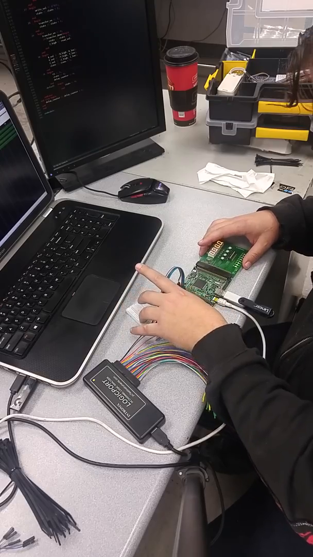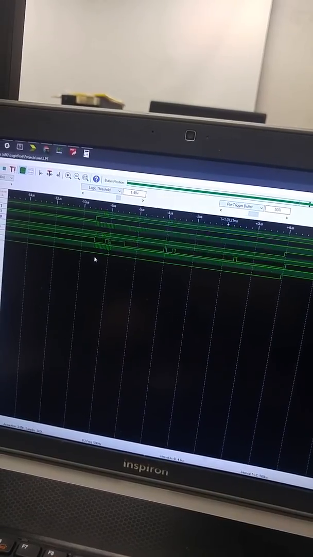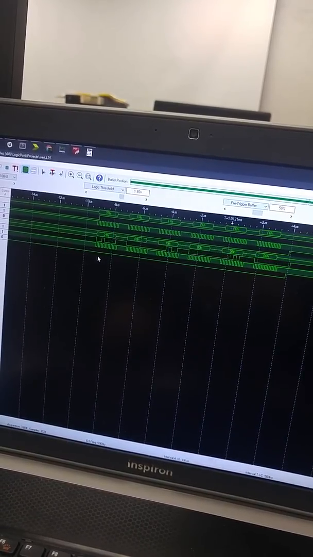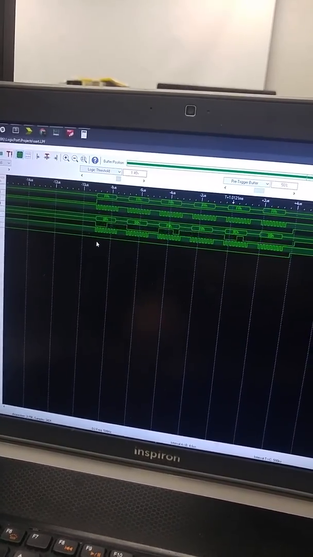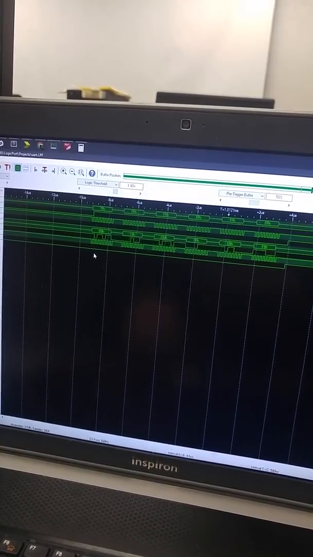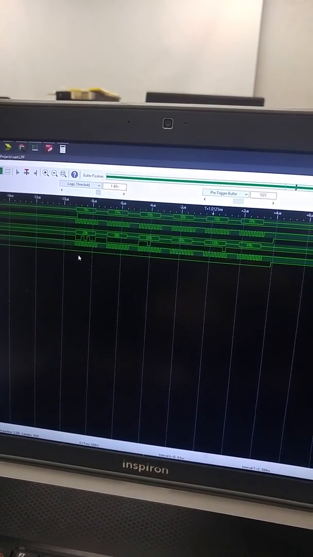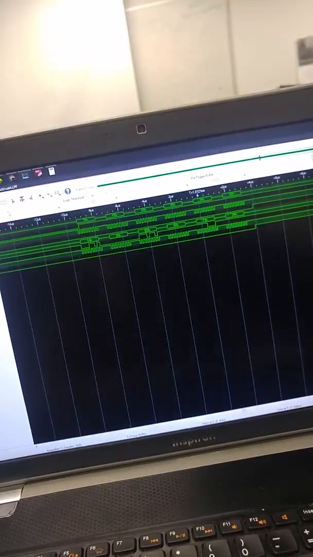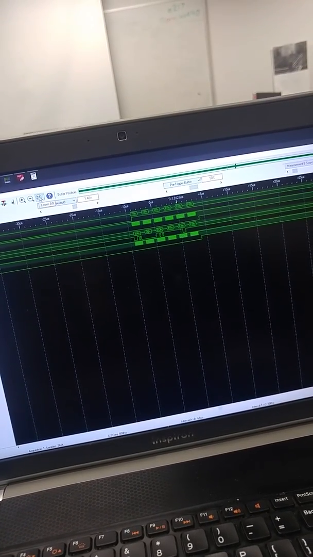Got it hooked up to the logic port. So showing currently the top is the master out, slave in, and the bottom is the slave master in, slave out. It's showing all of the data that it's sending out. I had to slow it down and delay it quite a bit to be able to display it on screen. Generally just run a single run. You can see it, then you can back out